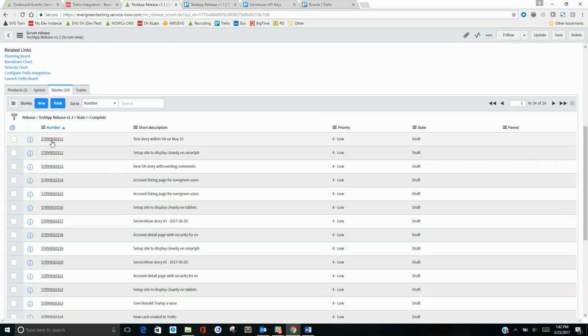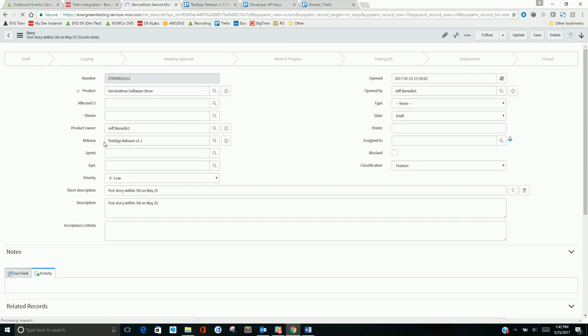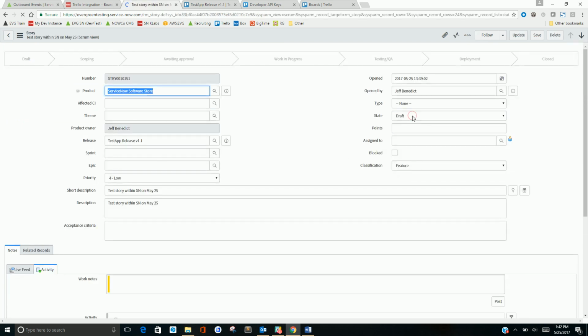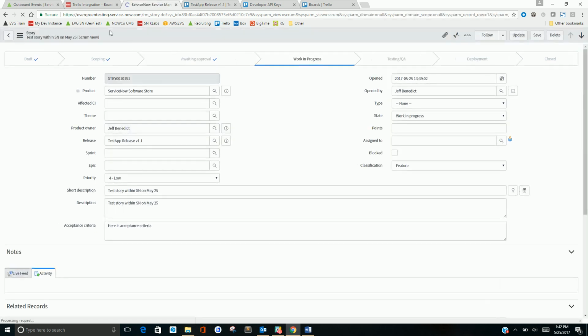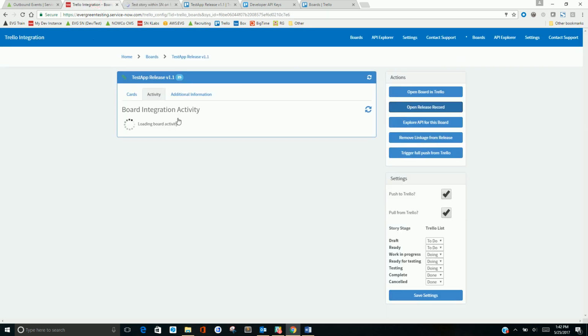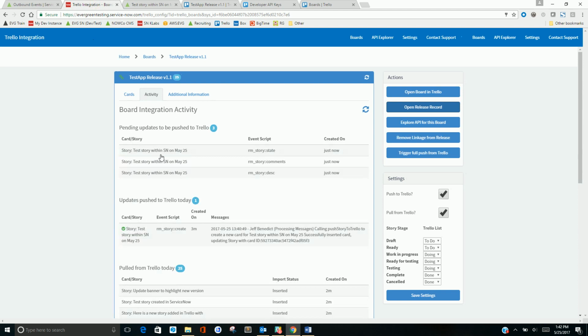All right, so what you'll find too is if I go into these records and now I go to change this, move this to a state of, let's just say, work in progress. Here is acceptance criteria, and also put in, here is a new work note. So when I make an update like this, we'll see this activity update, and you'll notice there's kind of 3 different staged activities. And the way the